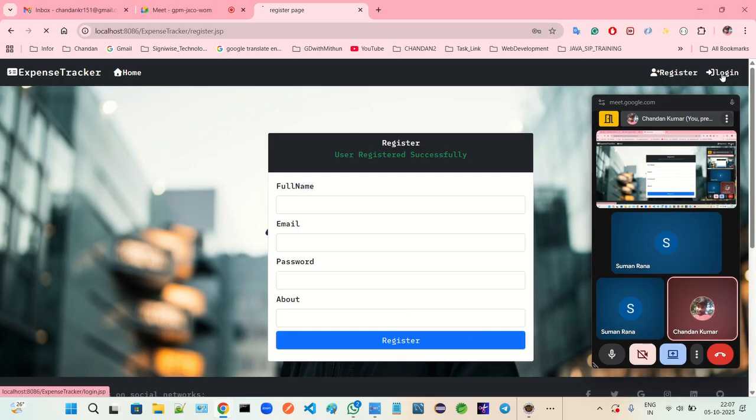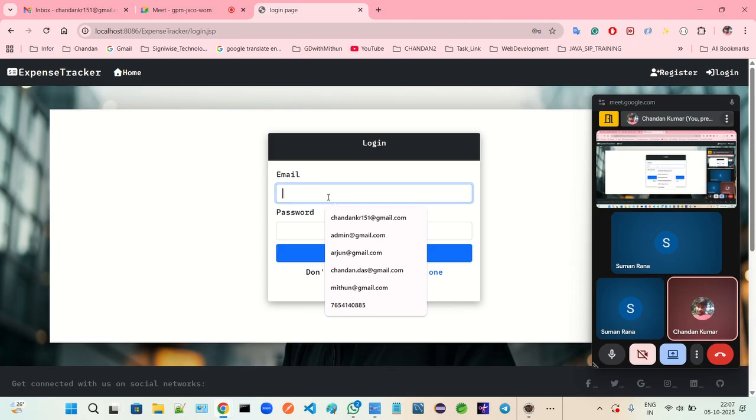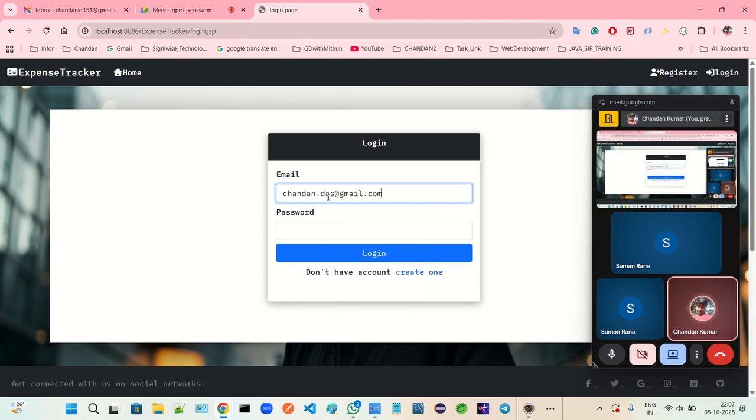So we'll come to the login button, and on this login button we'll have to assign the login credentials. The login credential is this one, and 1234 is the password. If login is successful, then you can see that more options will come. The user who got registered, for them we are allowing to track and maintain their